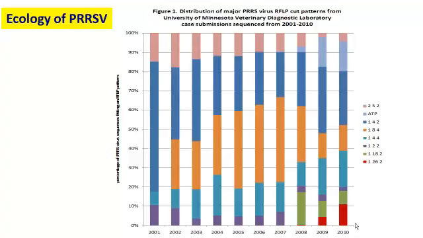I guess because the veterinarians and producers in the field are the ones that we're trying to translate our information and knowledge to, most of the talk will relate to what they understand, which are RFLP types. And here we're looking at variation over a 10-year period in the abundance of different RFLP types sequenced at the Minnesota Veterinary Diagnostic Lab. So in 2001, the sequencing was completely dominated by, I thought it must be,